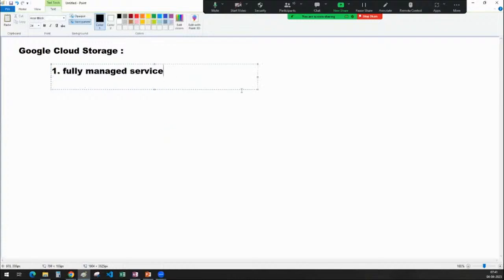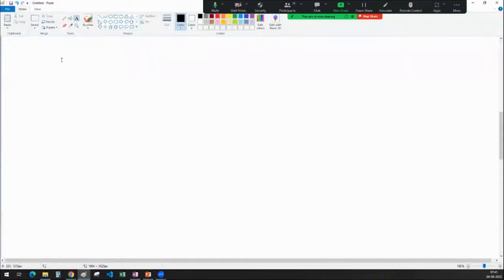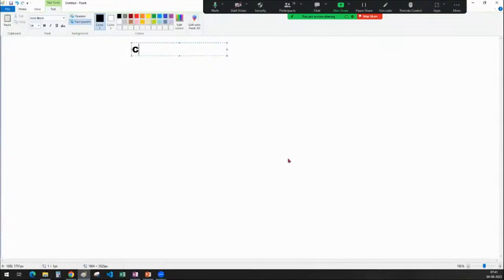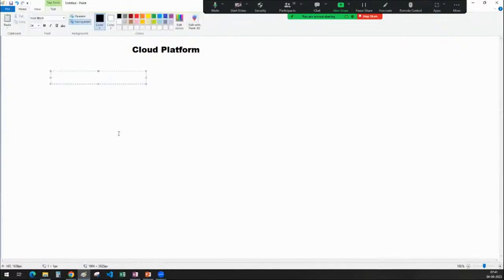What do you mean by that, sir? What is meant by a fully managed service? Sir, I want you to understand what is meant by fully managed. For the very first thing, I will try to tell you. If you go to any cloud platform, the services in the cloud platform are categorized into a few things. One is